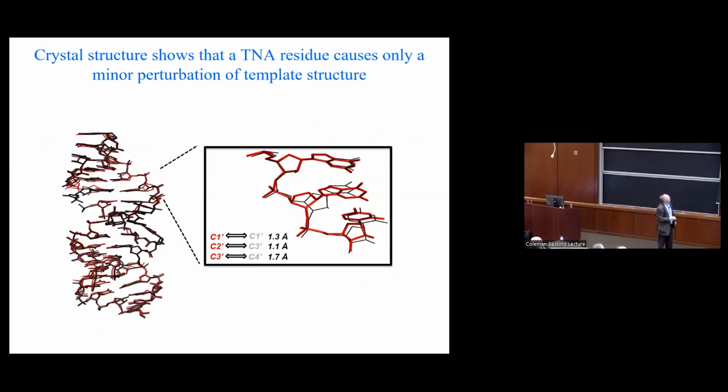Okay, so why is that? Again, we can look at crystal structures. It turns out that the sugar phosphate backbone of RNA is so flexible, right? There are so many rotatable bonds that RNA can accommodate this kind of structural perturbation with only local changes. And the changes are very, very minor. Right? So it totally makes sense that you can copy over this kind of heterogeneity in the template.